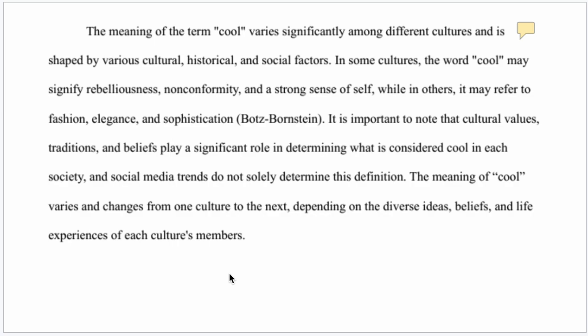Okay, so how many specific examples do I have in this paragraph? I hope you recognize that I kind of sort of only have one. I at least have something from a source right here. But the author of this paragraph makes the point that cool varies, and he is really expecting me to just take the word of their source and doesn't illustrate for me how it happens. So I need this person to think, what are some examples from cultures that show that this is true?